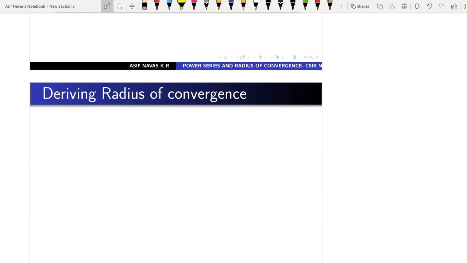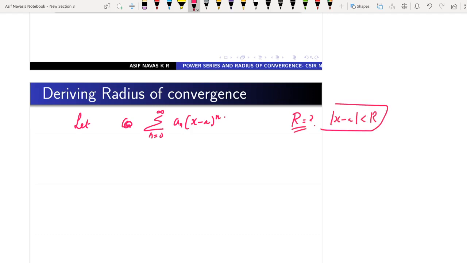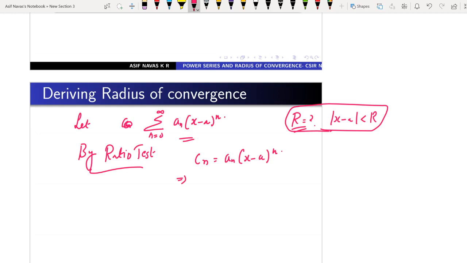Now we want to derive the radius of convergence. So let the series be sigma n equal to 0 to infinity a_n (x minus a)^n. We want to find for what R this series is convergent, that is, for |x minus a| less than R the series is convergent. So we know by the ratio test, I am taking C_n equal to a_n (x minus a)^n, which implies now we have L equal to limit sup of |C_(n+1) divided by C_n|,